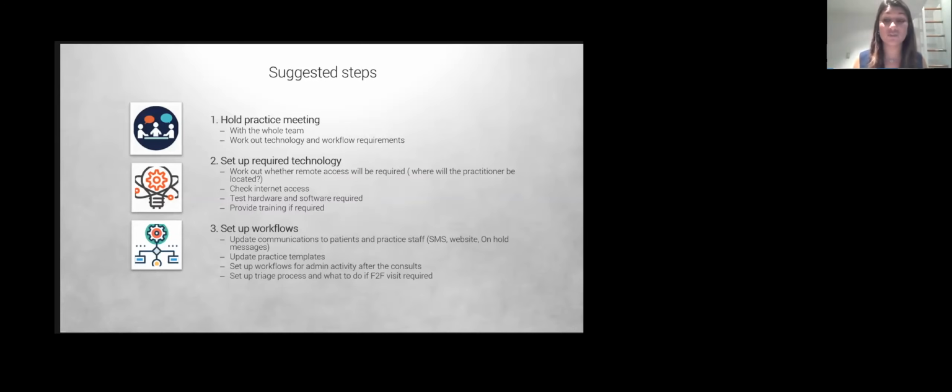And this becomes an issue for supervision as well for registrars. How do you supervise them at home? How do they do all the admin things afterwards? What kind of internet access do they have at home? What kind of hardware and software do they have? Cameras built into their laptops at home? Do they have webcams? But also you do need to train people.